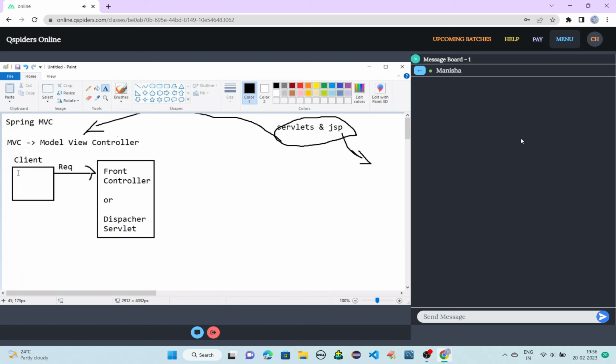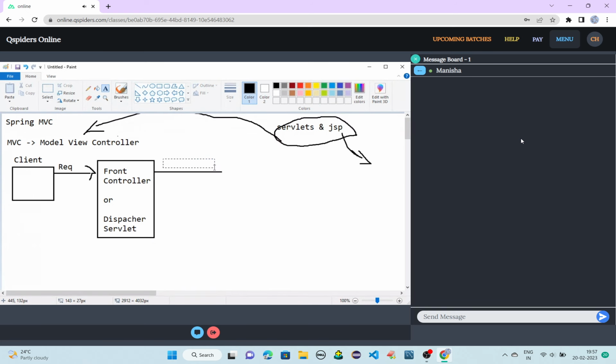Let's take that the client needs to register into the application. That means a request will be sent. In the request, what will be sent? The data will be sent, right? The name, email, ID, password, phone number, address. All this data will be sent in a request to register. Correct? The front controller will collect it.